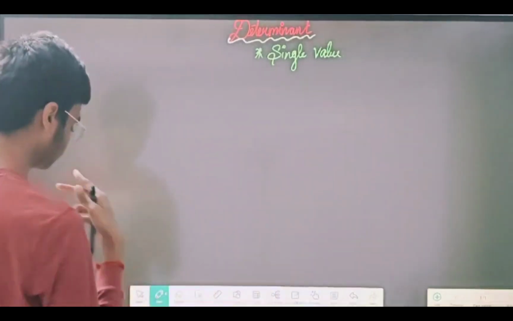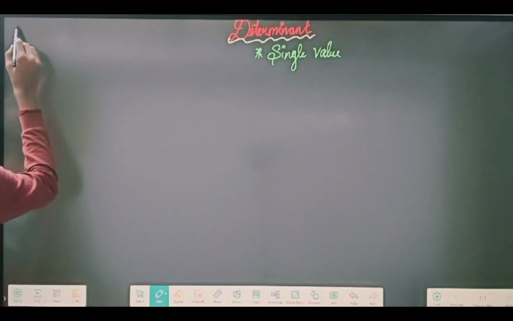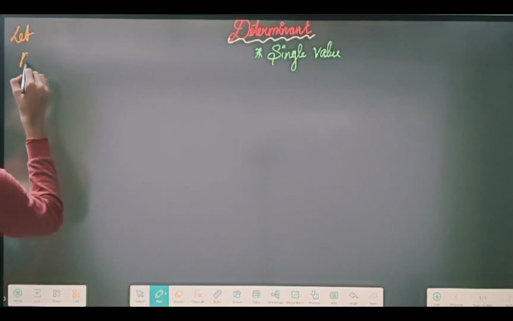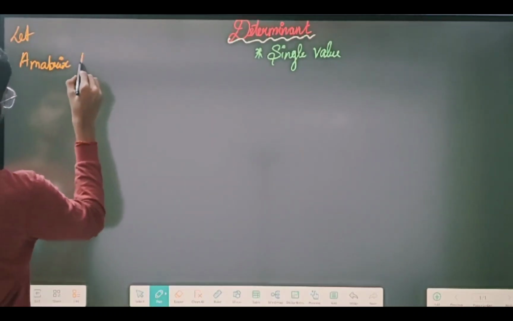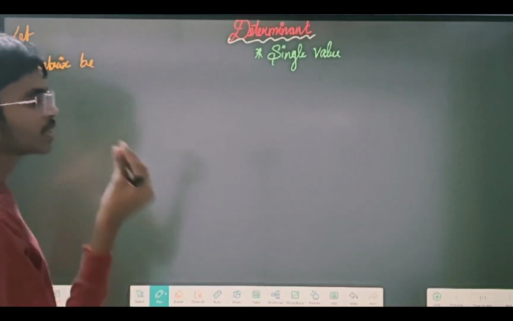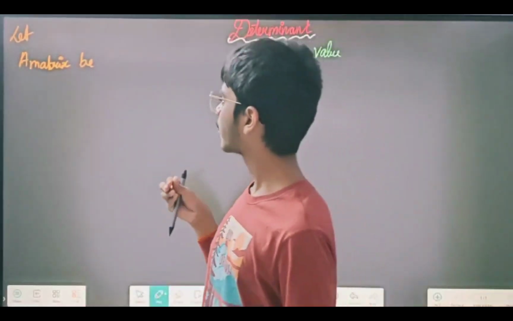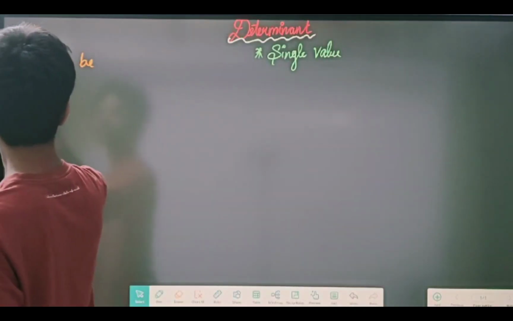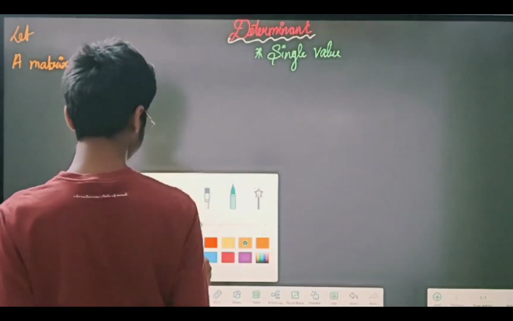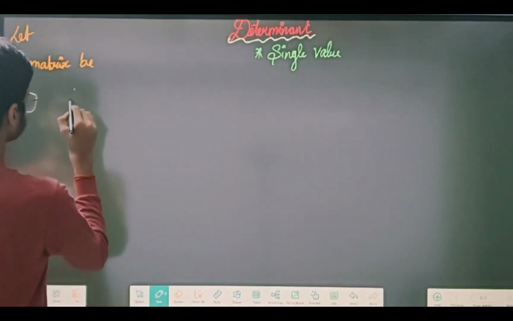For example, let us take a matrix. A matrix will be represented by a capital alphabet, so here that capital is going to be A. So A is equal to,